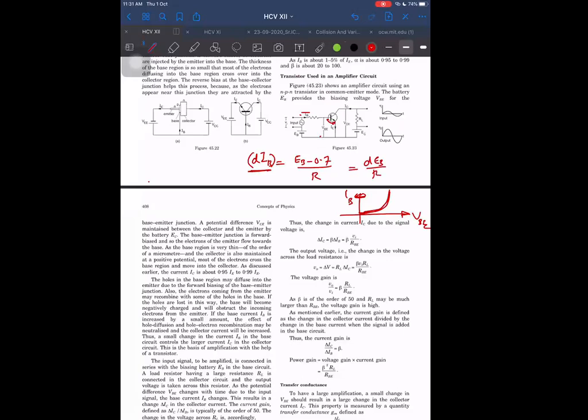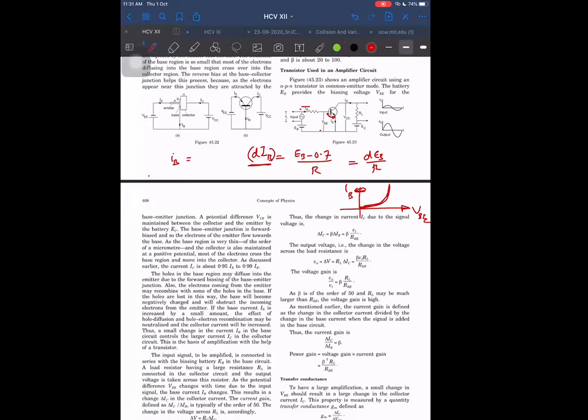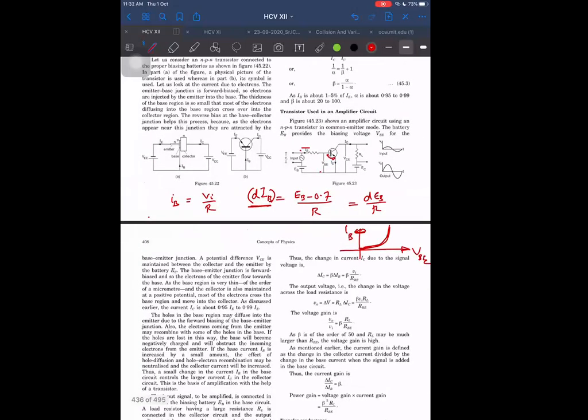And what is DIB? DIB, let us represent it by small ib. Small ib is for AC and IB for DC. So small ib is equal to, the other one I will represent by V input divided by R. So see, directly we are getting this thing as, where is that diagram again? Go back here. Directly we are getting this change in IB, this diagram which they are representing small vi. Small vi they are representing here, right? So small vi is not the total value, it is just extra value, fluctuating value. So that will give us this value itself is responsible for the fluctuation in the base current.